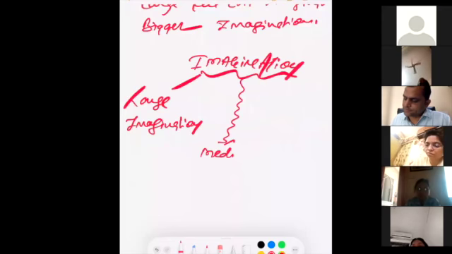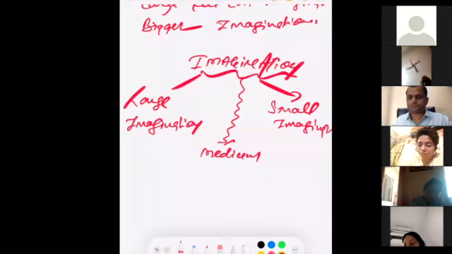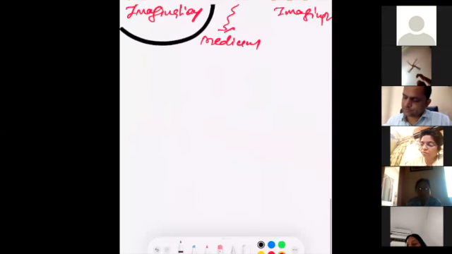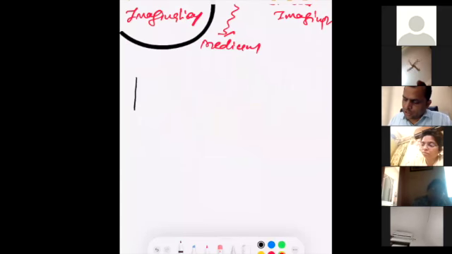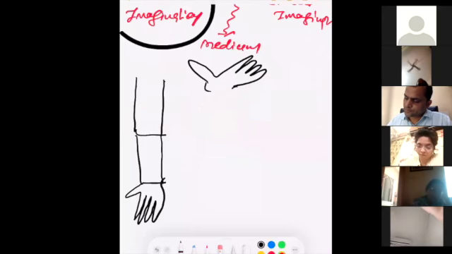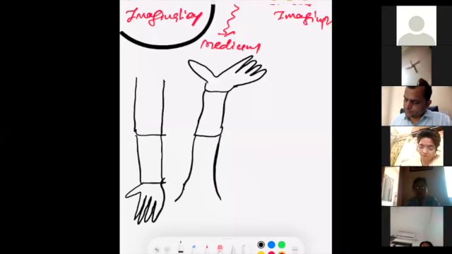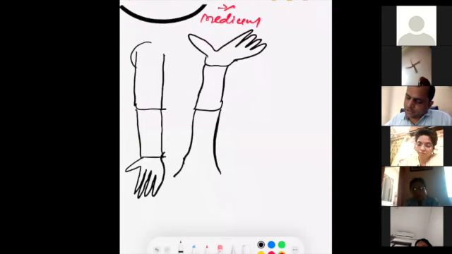Second is medium. And third is small imagination. So right now, we are discussing the large. If we talk about the arm, this is the normal position of the arm, and this is the reverse imagination of the arm. So in one position, we can imagine the